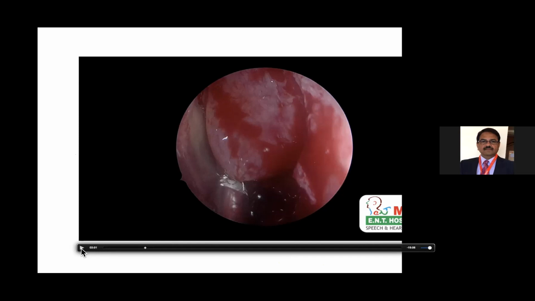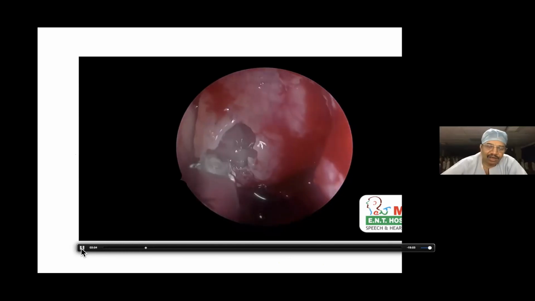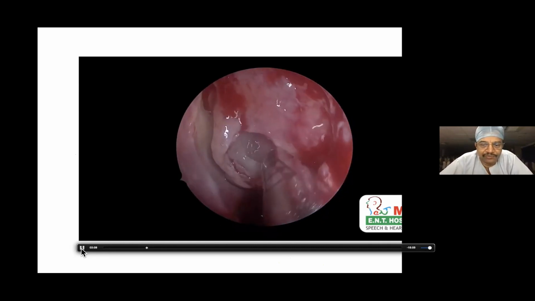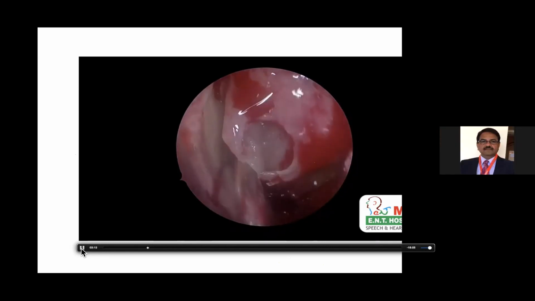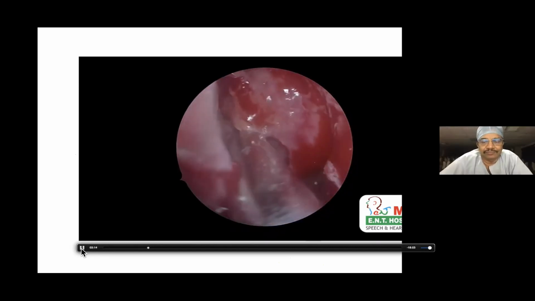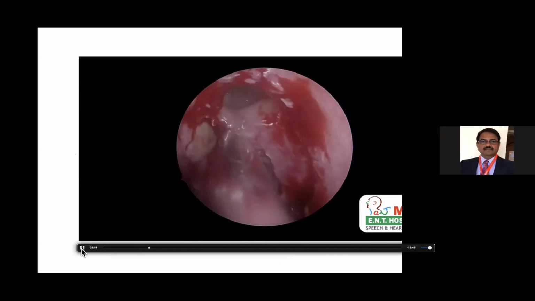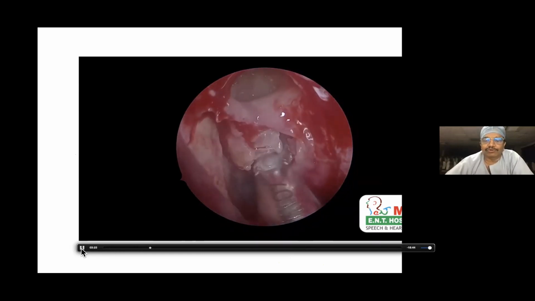Okay. Now opening the bulla, how are you attacking the bulla? Where exactly are you doing it? What instrument would you use? What precautions would you take? Always open, not only the bulla, for that matter any unknown area in sinus surgery, anteriorly, inferiorly, medially. Anterior, inferior, medial. We are safe that way. And then once you see the lumen, you can be more safe.